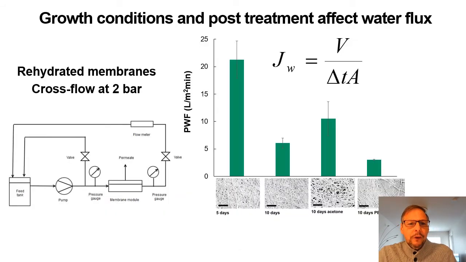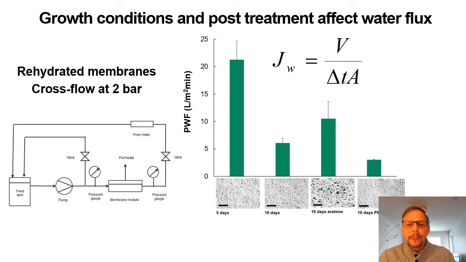And those membranes based on bacterial cellulose can be used for filtration, and that's what we have here: a cross-flow filtration on the left at a given pressure, and on the right you can see the transmembrane pressure, or in this case the pure water flow, PWF, the amount of water in volume per unit area per unit time that will flow through the membrane at